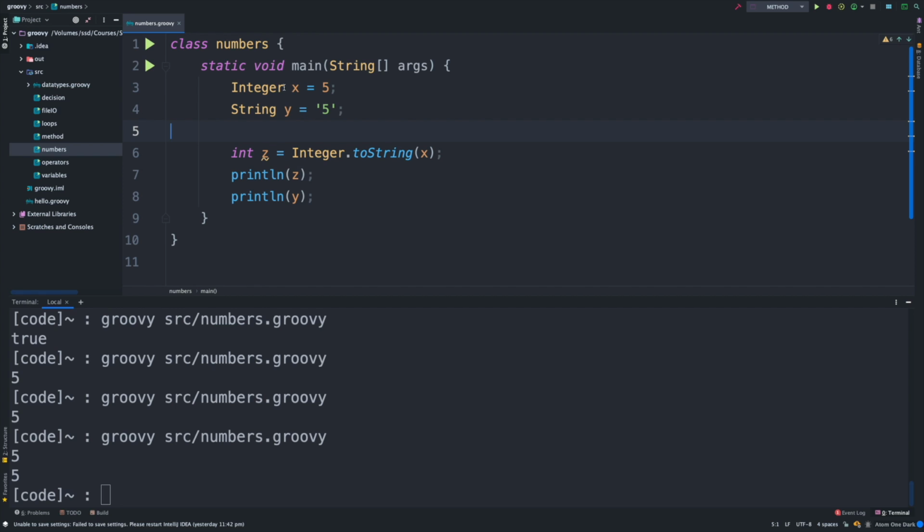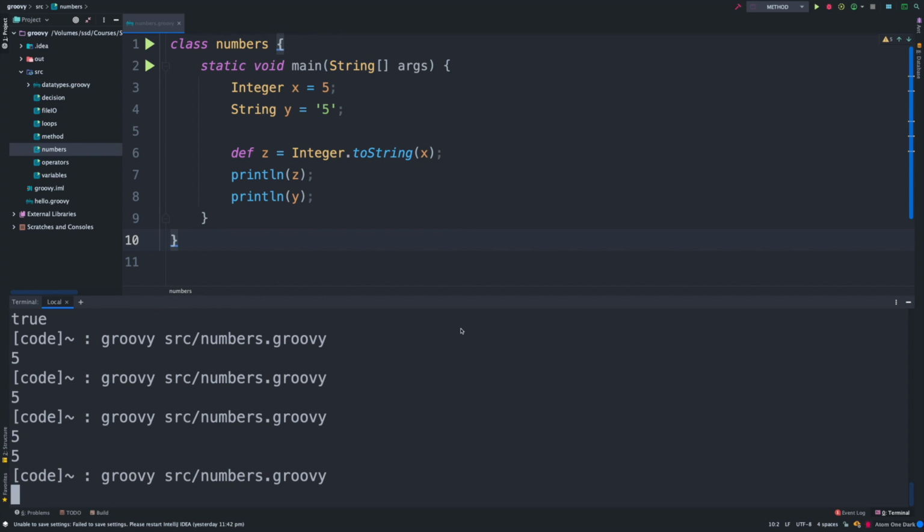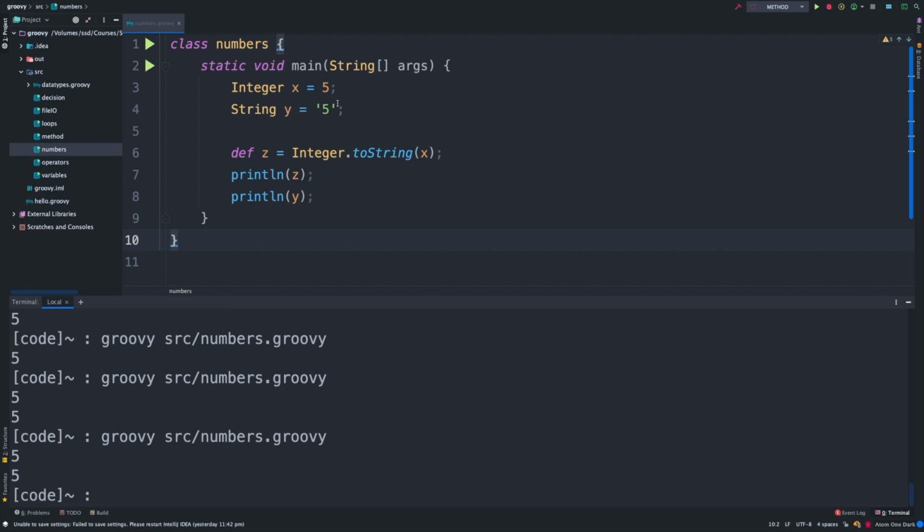Now in this case, we are converting integer x to a string. Here it's going to throw a warning because we specifically defined the types, so we're just going to use def. Let's run the code. And now we're converting this x into a string type by using toString.